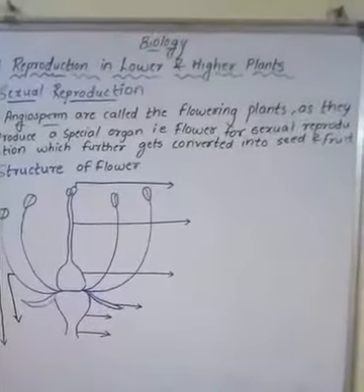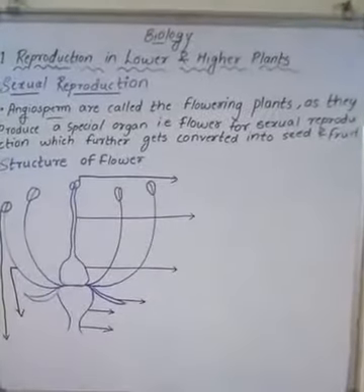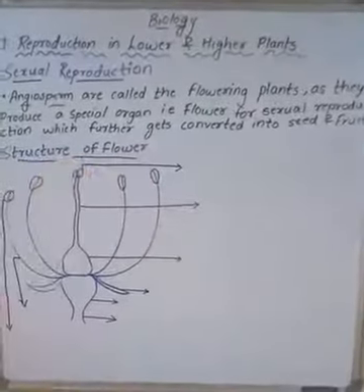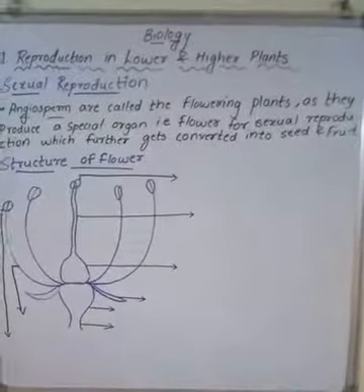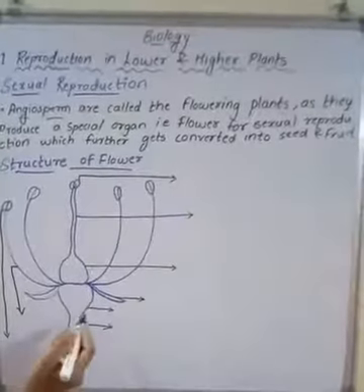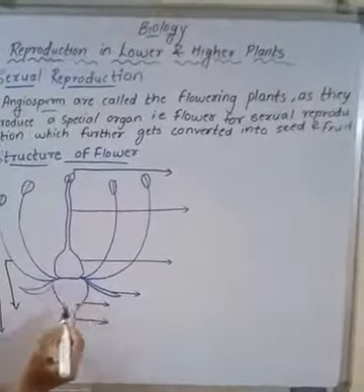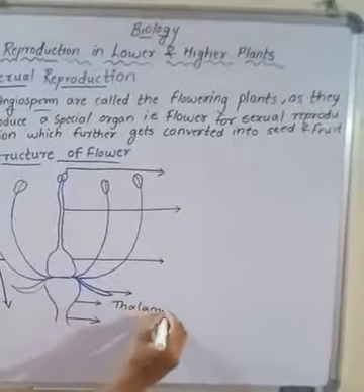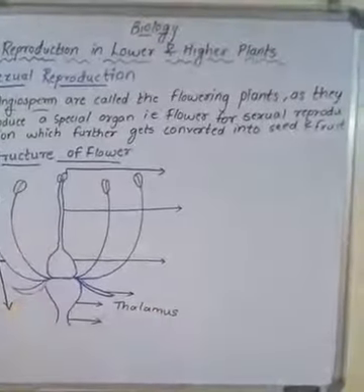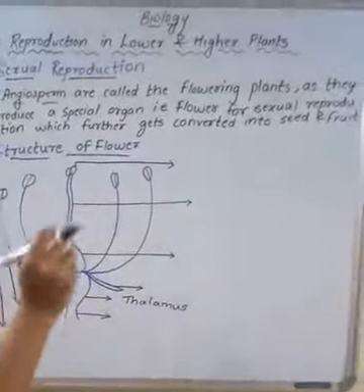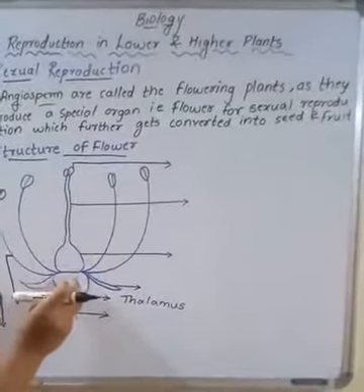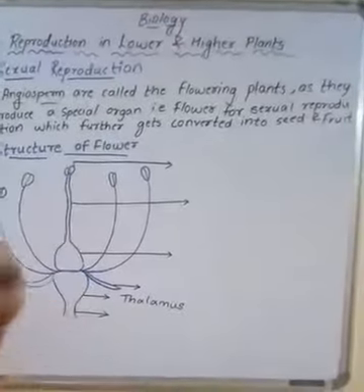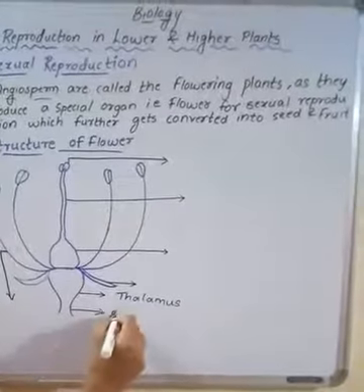So when we are talking about the flower, it's important to study the structure of the flower. So now we will be seeing the structure of a flower. Whenever you take a flower in your hand, the base position, which is the swollen part, is called the thalamus. Clear? The base swollen part in which each and every part of the flower is situated. Below the thalamus you have one thin section that is called the pedicel.